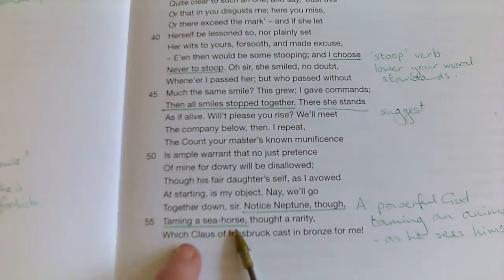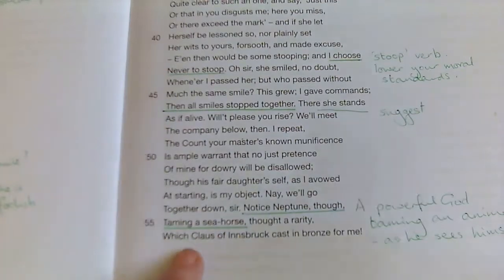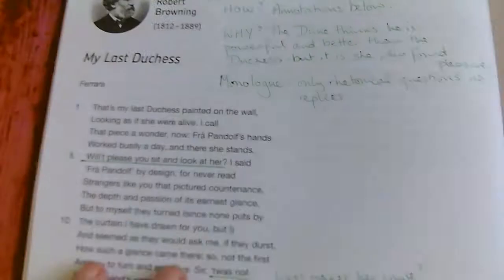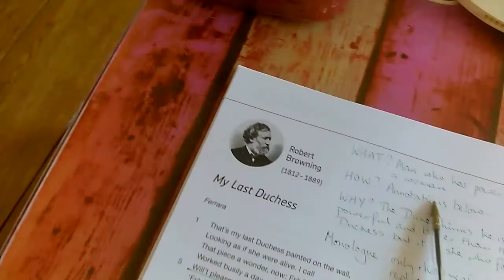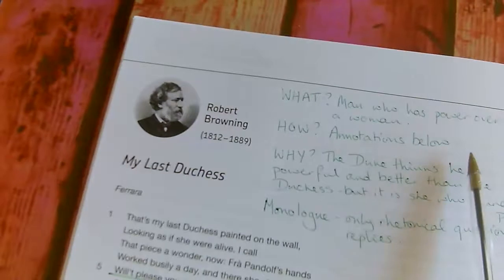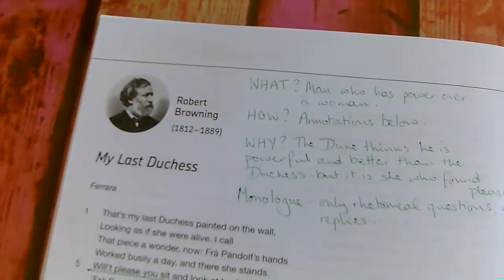And because he couldn't tame her, he got rid of her, and he'd much rather have a painting of a woman than an actual woman who would get pleasure from earthly things. So, just to go back, this is a man who has power over a woman. How has he done it? Well, choosing the noun ranked, choosing the verb stoop,